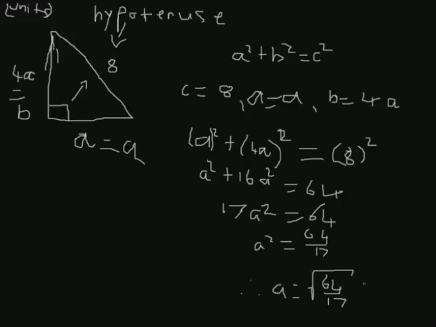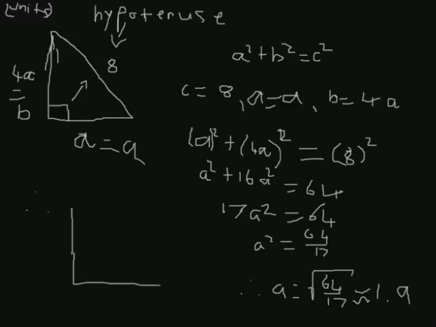Now if I get my calculator out, figure this out. Alright, 64 divided by 17 and the square root of that. We get A is roughly equal to 1.9. So therefore, if we draw the triangle again,